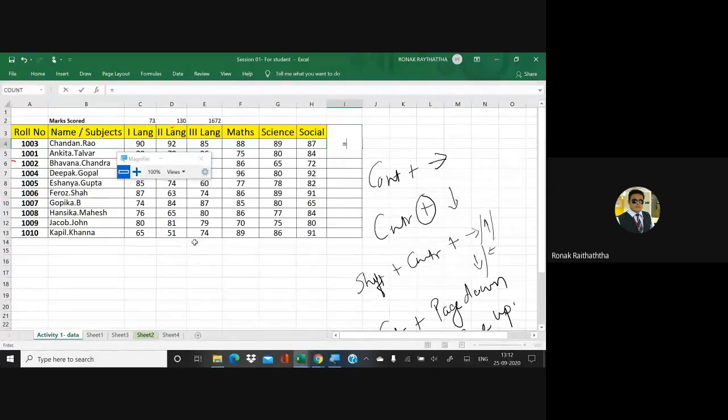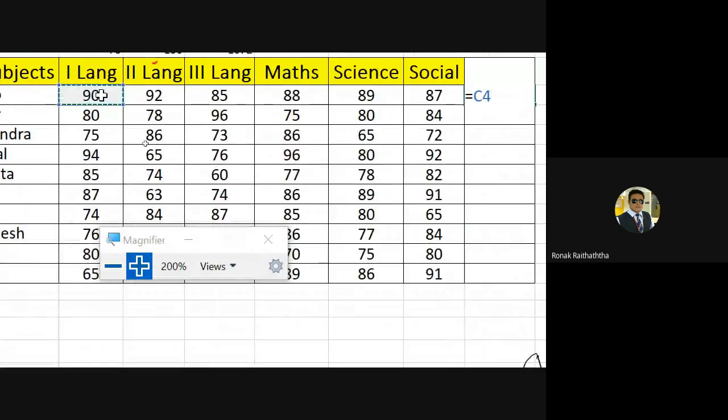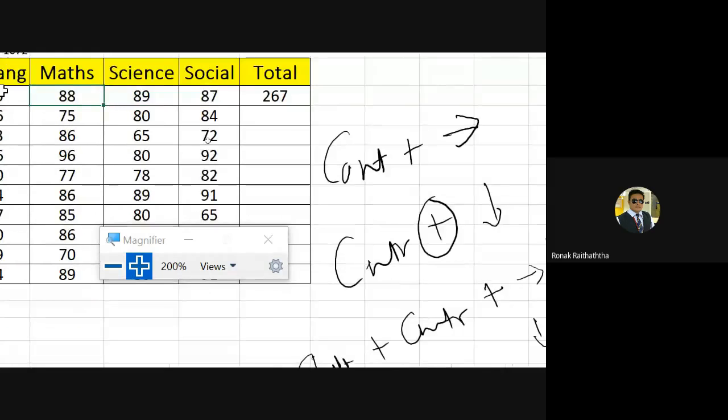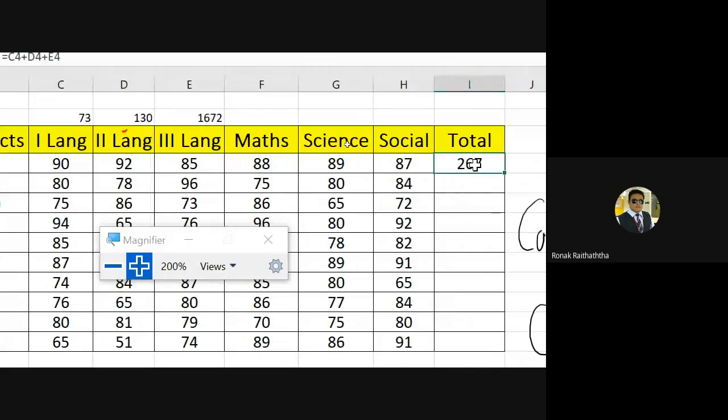So I am starting with the sign of equal to. I can add the cells as per my requirement. Say I want to add 90 plus this 92 plus this 85, and if I press enter, I have the marks of all the 3 languages of that particular student. Have you got it, all of you? So you can add one cell with another cell like this.